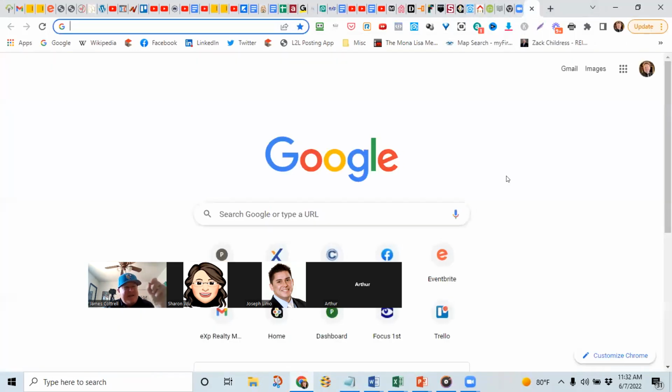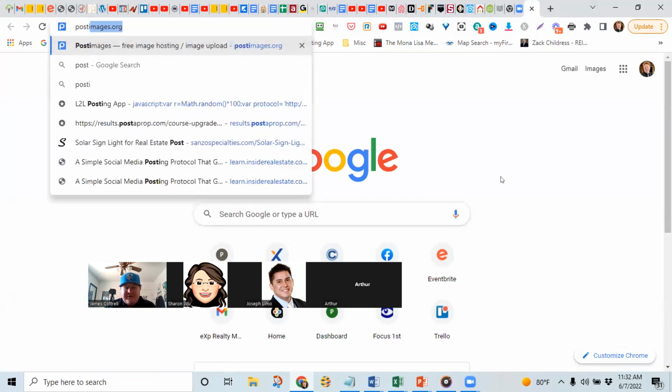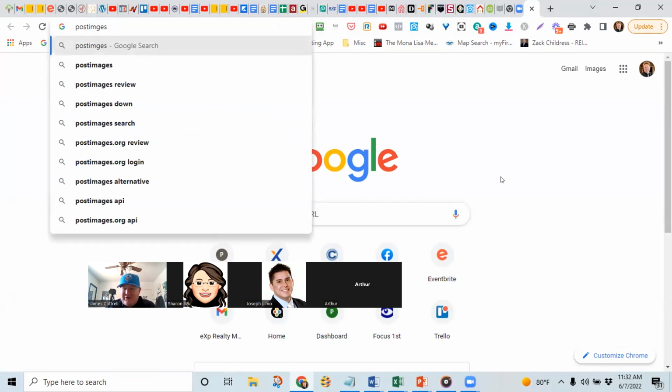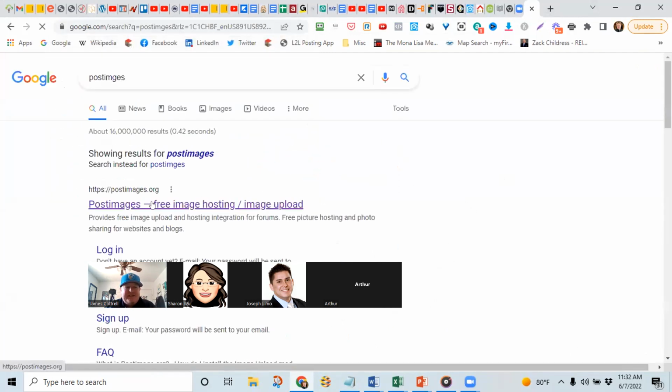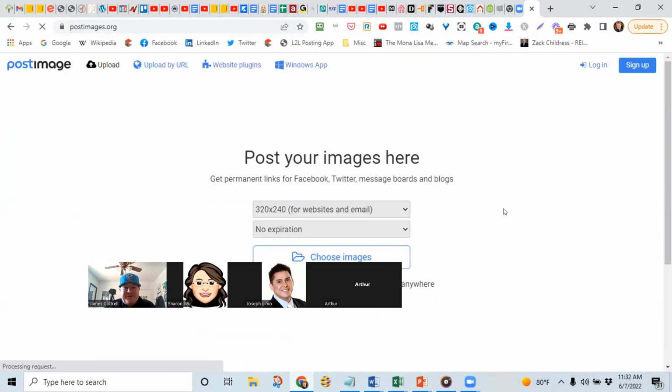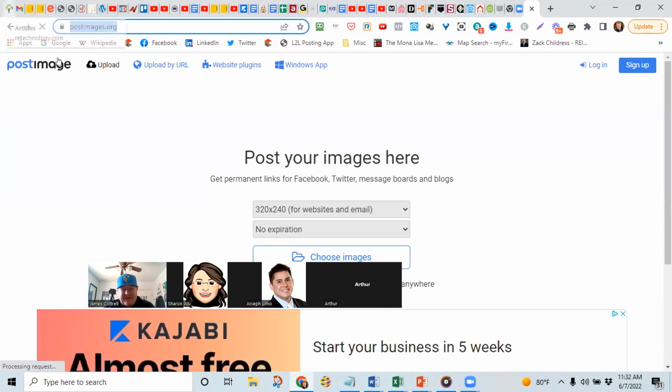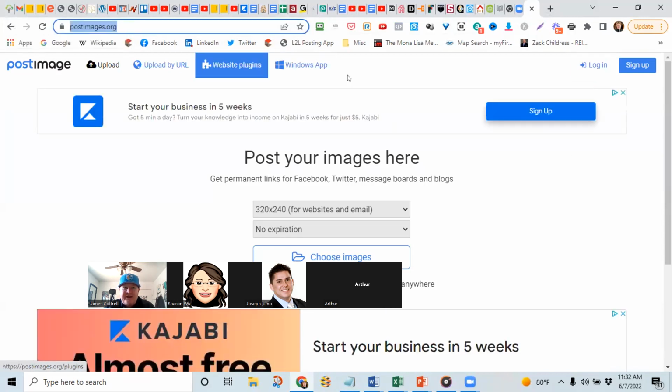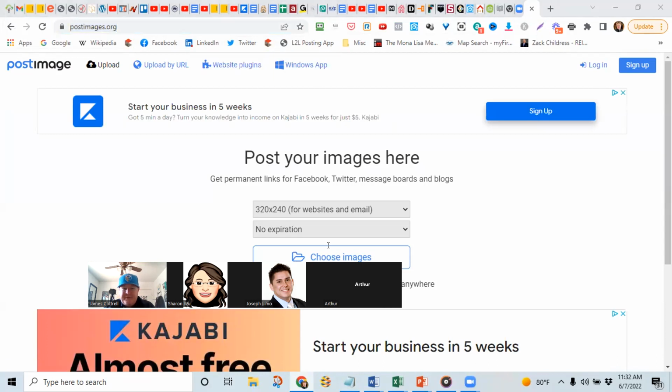Now that image has to be hosted on the internet for it to perform. So there's many things you can use. I use Postimages because it's free and it's easy to use. I'll put the link in the chat real quick. James, is this something you can use for email signatures, where they say you have to have your image hosted somewhere? Correct, that's what Postimages does.